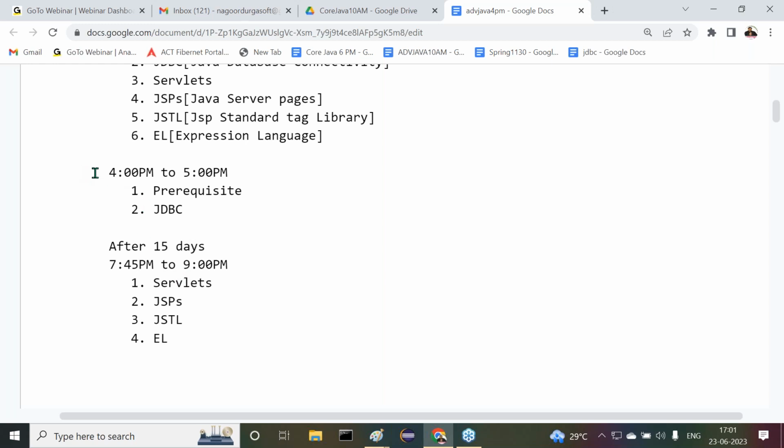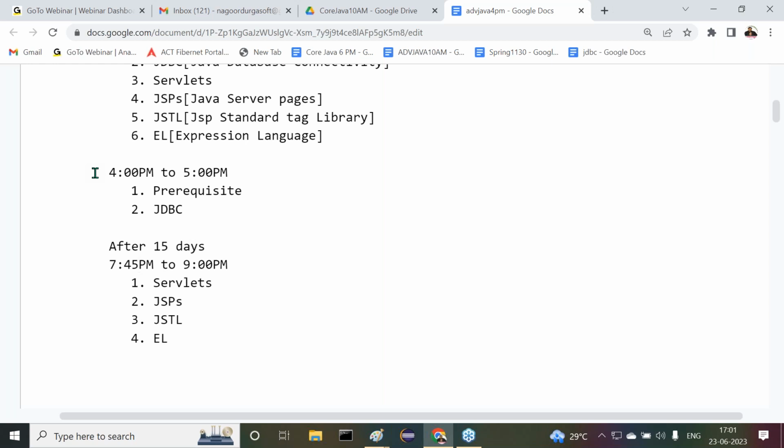Finally, this is the schedule for advanced Java only. All right, Spring, Spring Boot, microservices. I already said, 4 to 5 we are going to take JDBC now. Once I complete JDBC, between 4 o'clock and 9 o'clock, in a 1.5 hour slot, I'm going to start these frameworks. In one class Spring framework, in another class Hibernate, and on the other side advanced Java. These 3 courses may happen parallelly.